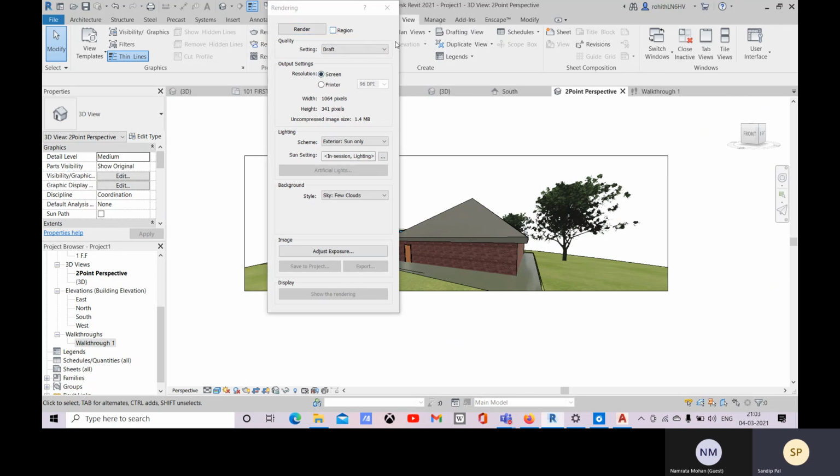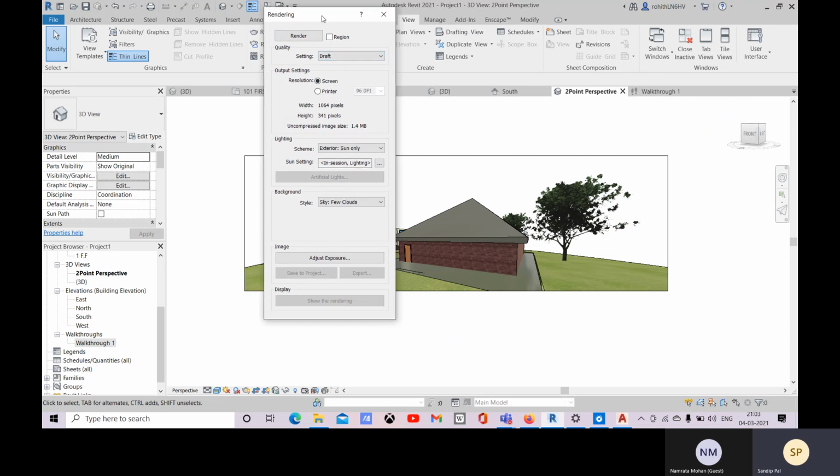And now about quality. You know that this option was available in AutoCAD, like as seen. This will define how accurate your realistic image will be. For that you can choose medium, high, or best. For this, your system configuration should be good enough to give you a proper and quick result without any lagging.